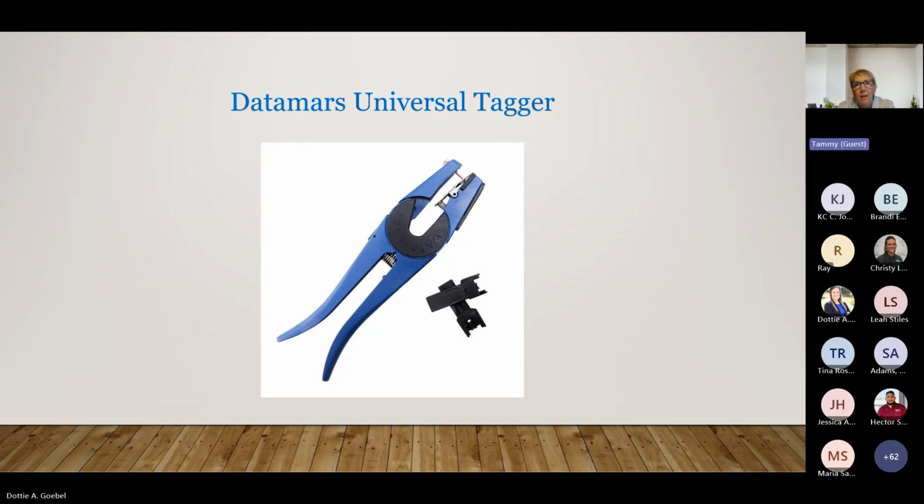If you use the red handled taggers, that needle is shorter, and when you start to compress the tag into the ear, we have issues with the needle going out the side and not getting those tags in correctly. So we would highly recommend that you use the blue Data Mars universal taggers when tagging those pigs.